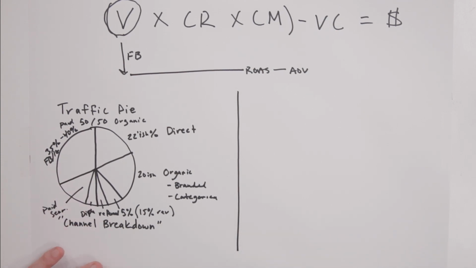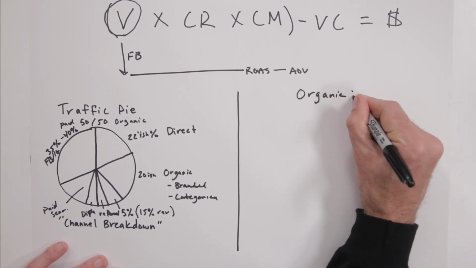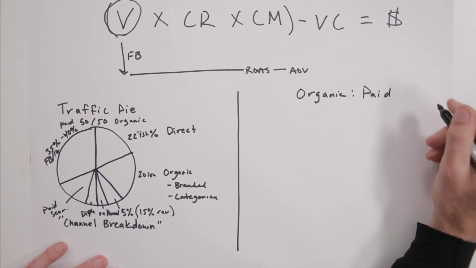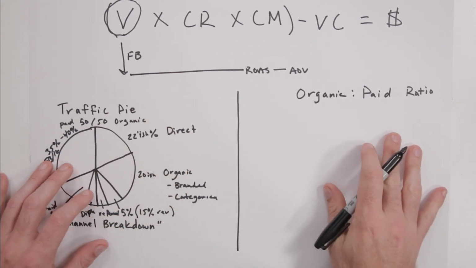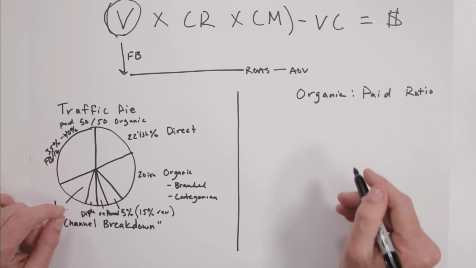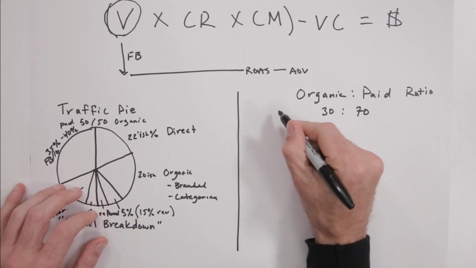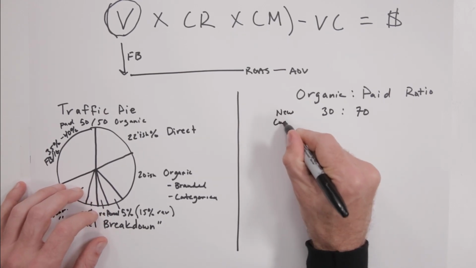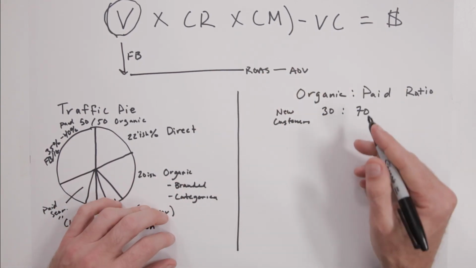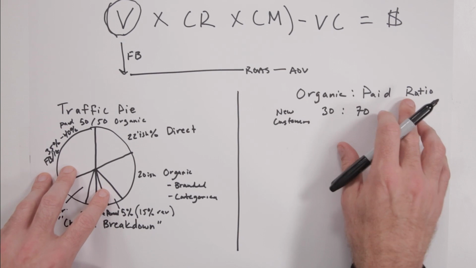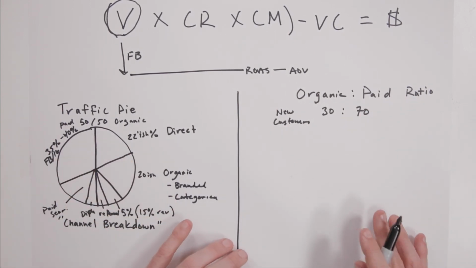So, how does this change how we look at each of these channels and improve them? One of the things I want you to think about, not just in traffic but also in acquisition, is your organic to paid ratio. If you look in any given month, what percentage of your customers are coming from each of these sources? For most of the businesses, especially early stage, we're seeing new customers happening at a 30-70 split organic to paid ratio, somewhere in this area. The more that you can balance this out, the closer you can get your organic to paid new customer acquisition rate to match this 50-50 traffic pie, the better off you're going to be.